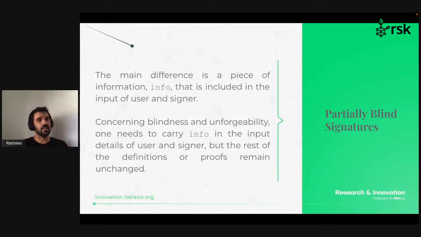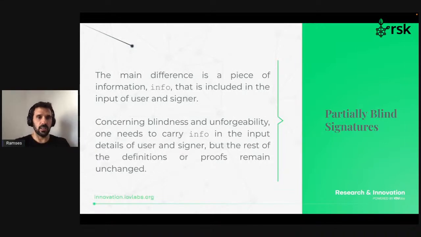Which is the main difference? The main difference is a piece of information, info, usually in the literature, that is included in the input of both user and signer. And when it comes to proof of blindness and unforgeability and any other properties related to security, or creating the blind signature scheme itself, the only thing that you have to do is take the blind signature,